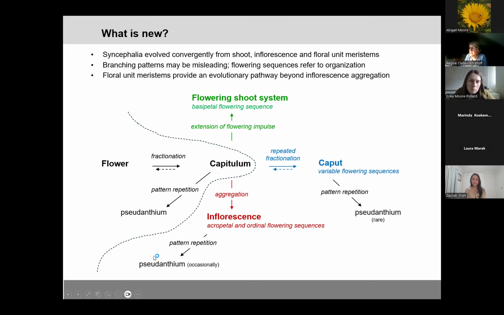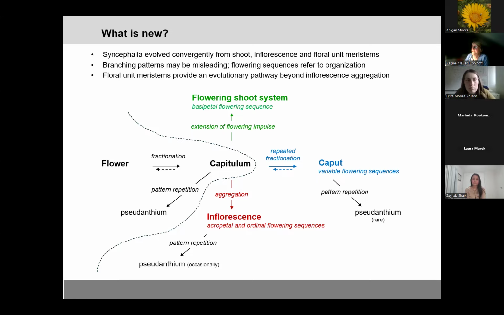Inflorescences and caput meristems are also able to form pseudanthia, so we have pattern repetition on different organizational levels. Our study only includes few examples, and Asteraceae have many species, so there are, of course, many other and more modified forms. But it is important for future studies to have in mind that we have these convergent forms,